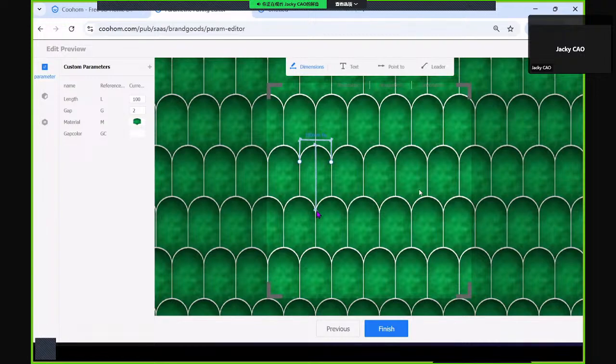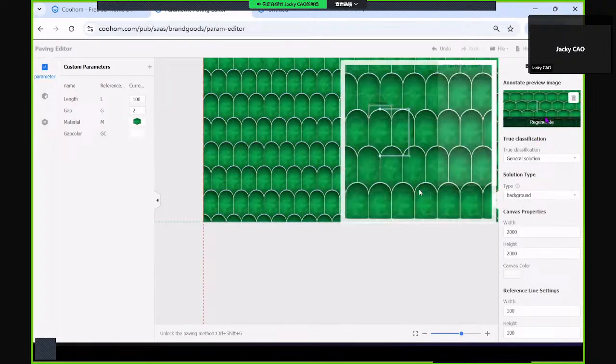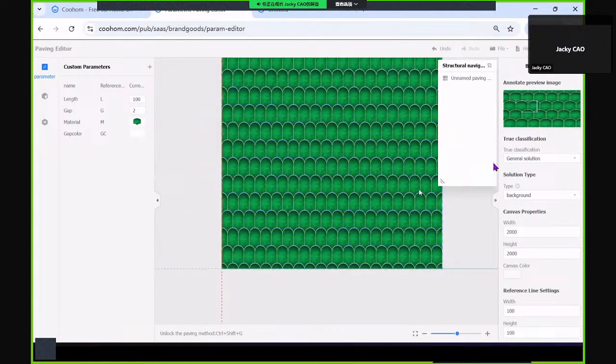The entire is 200, yeah, or more you can have. And after you click finish, there will be the effect that can be seen in the product in the paving method. And after you finish all this,